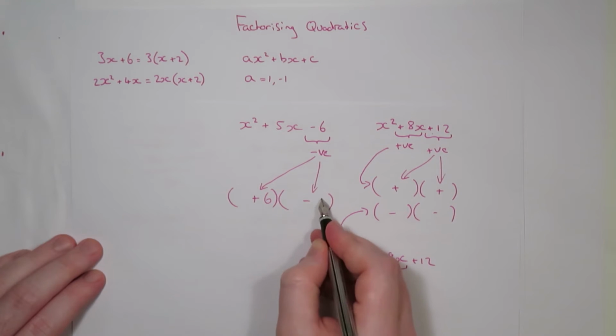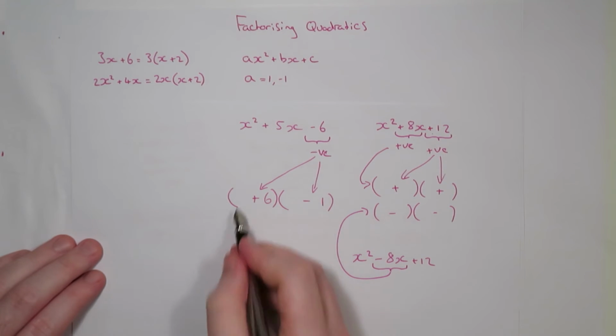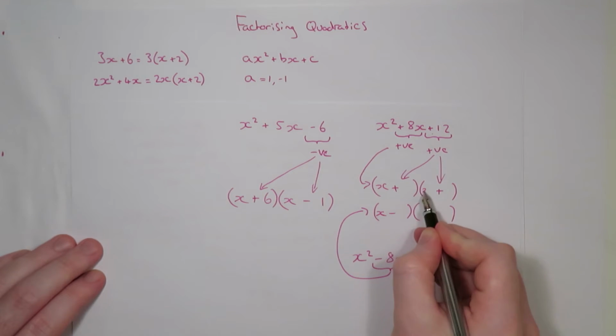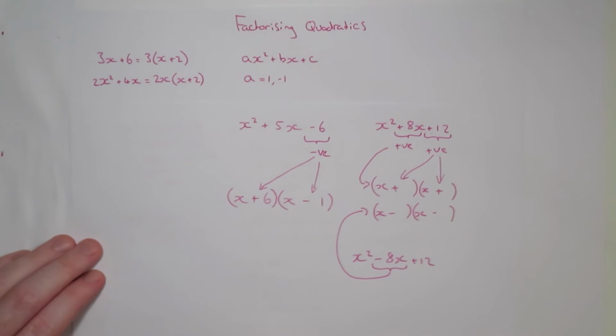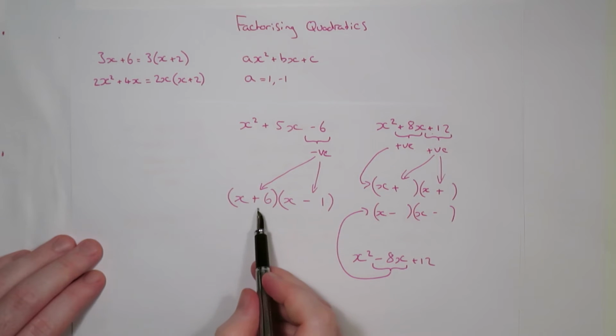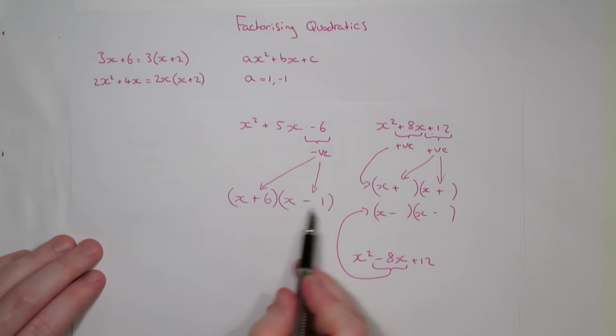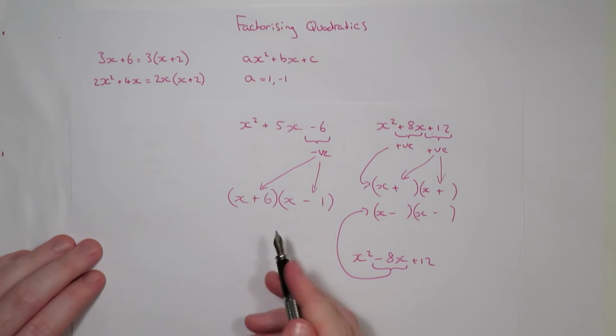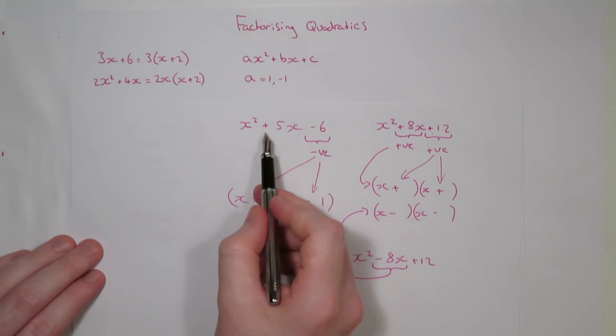How do you decide where the 6 and 1 go? Just quickly put an x into all of these. How do you decide where the 6 and 1 go once you've decided that they're positive and negative? Okay, well, if that there